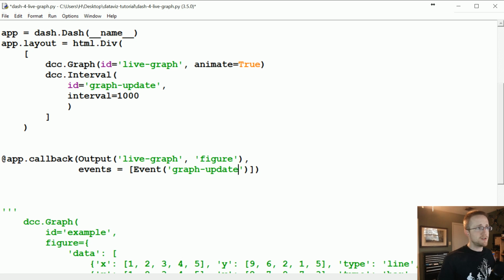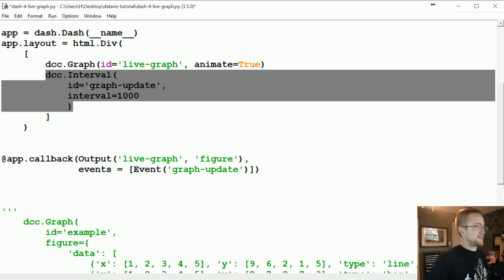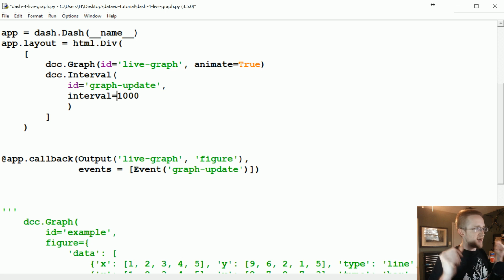So as you can imagine, there are other events that you could come up with. It just so happens that the event that we're making use of right now is just this interval class, basically, that just simply calls this ID every 1 second. But there are many other events that we could use here. This is just one of them. So event is of the ID graph update,